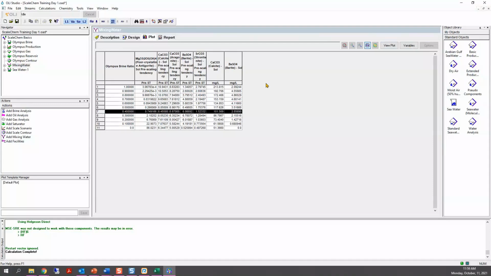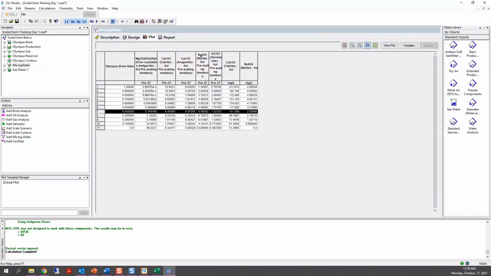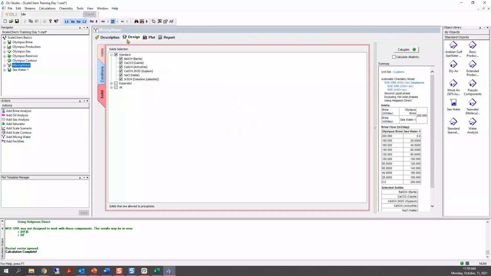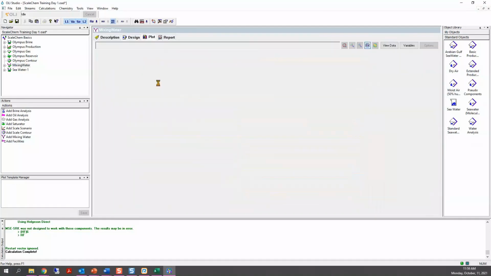Are there any questions about this? Probably I went too fast just because of the time, but I just want to show you how to use this mixing tool. I know that there were people asking for it, and I just want to show you how you can enter the information and how you can analyze the results.